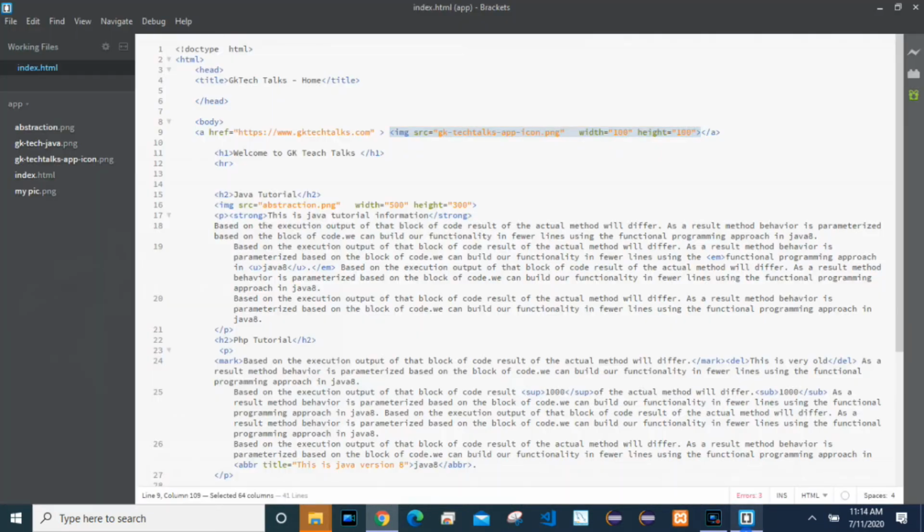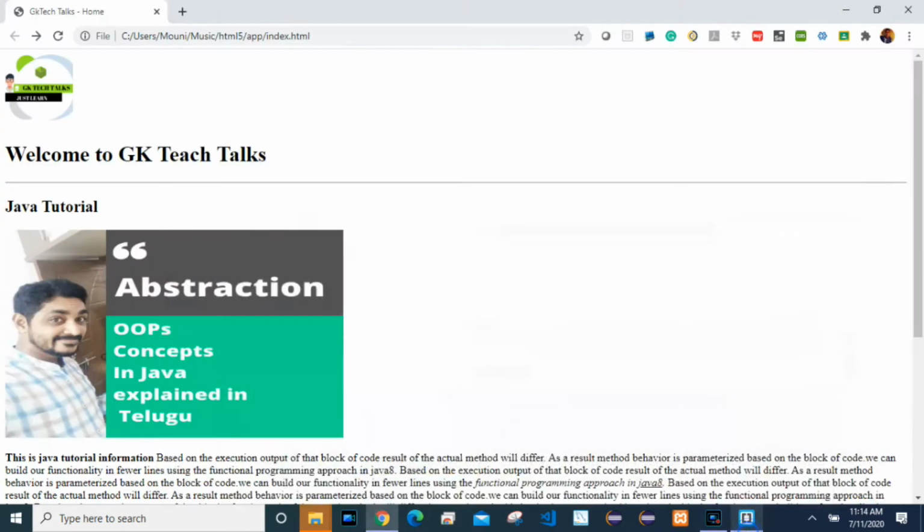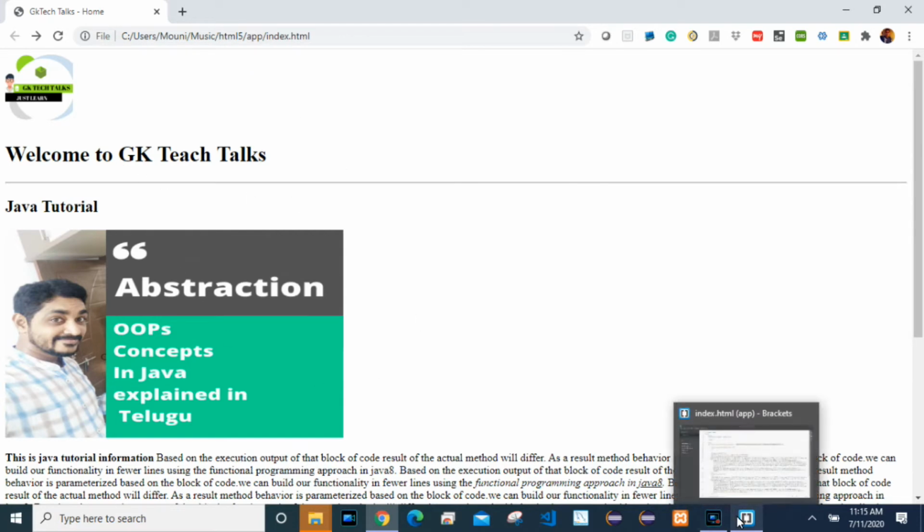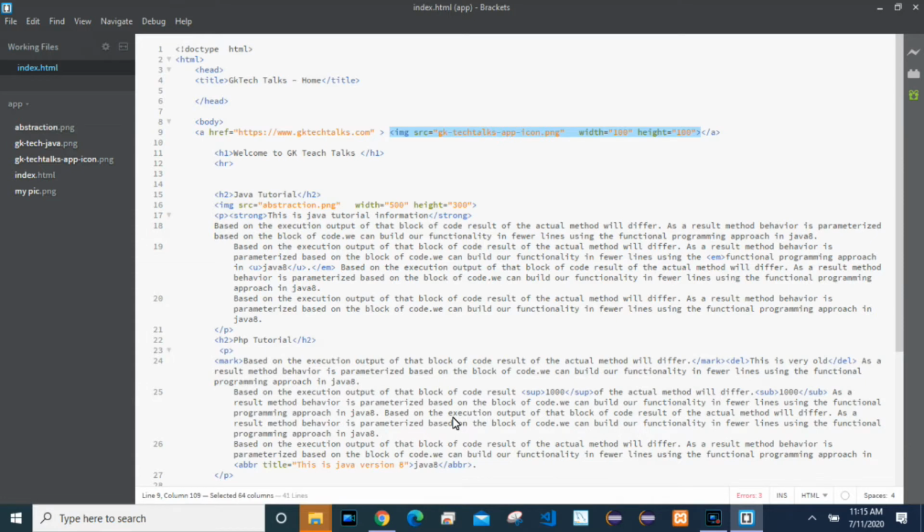We'll see how to open in a new tab. Instead of opening in the same window, I want to open it in a new window. So how can we do that? There is an attribute called target. We need to use that target to open it in a new window. So here I need to provide target. What does this target do? Where it has to open, we have to mention here.